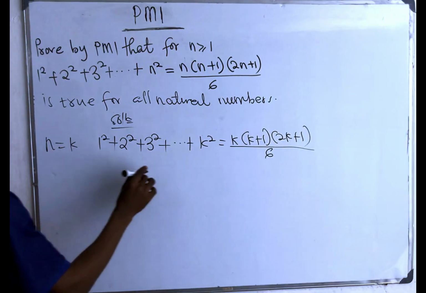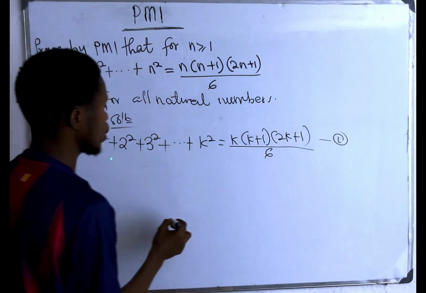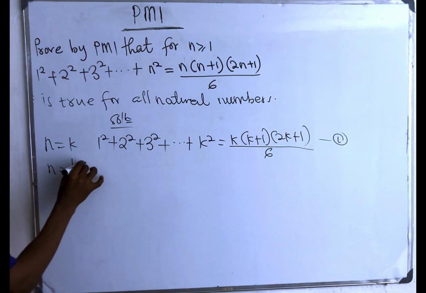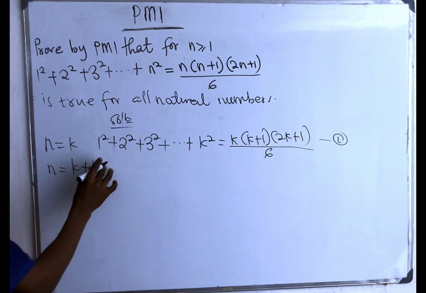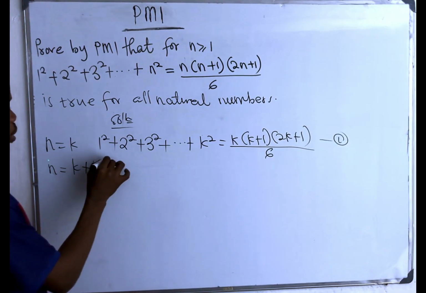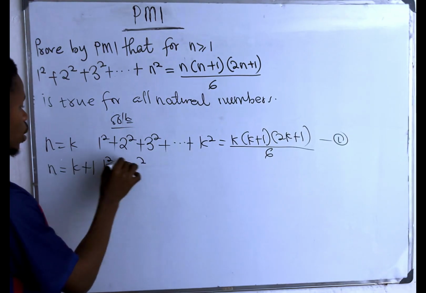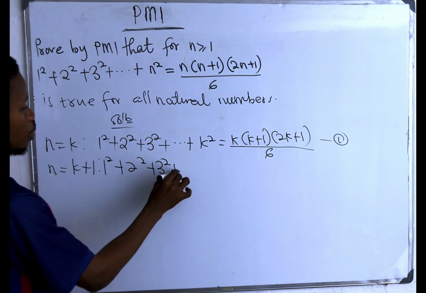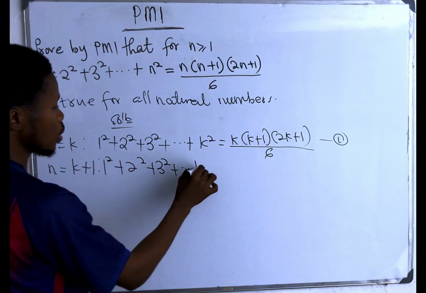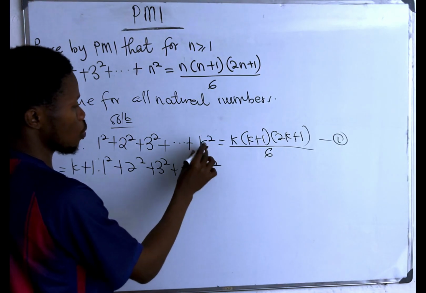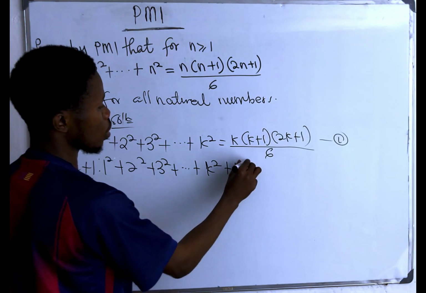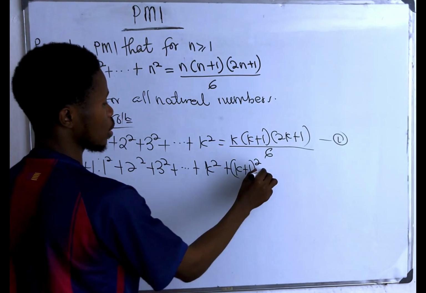So I'm going to name this one equation 1. Then the next one, 2. You should say that that's the induction state k plus what? 1. So what happened here is that I'm going to have 1 squared plus 2 squared plus 3 squared plus k squared. I say you repeat this before you move on to the (k + 1) squared, which is equal to